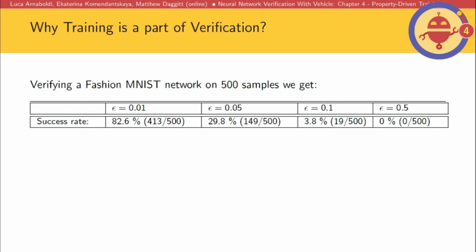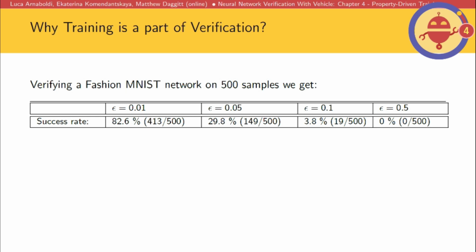This is one of the exercises that you're asked to do on the exercise page if you have a day to do it. So if I was to choose 500 samples, using a slightly different data set, Fashion MNIST, and then play with different epsilons, you could see that as I increase epsilon, I very quickly hit